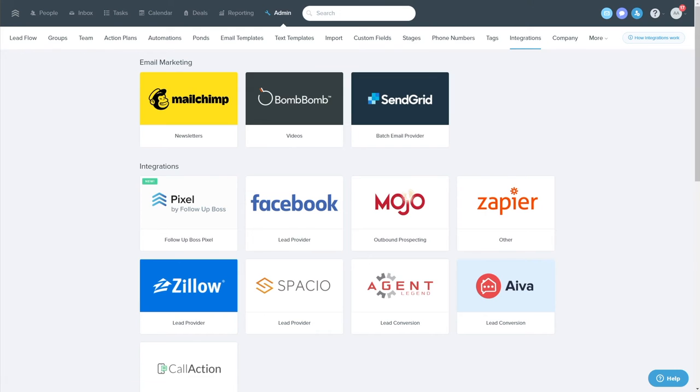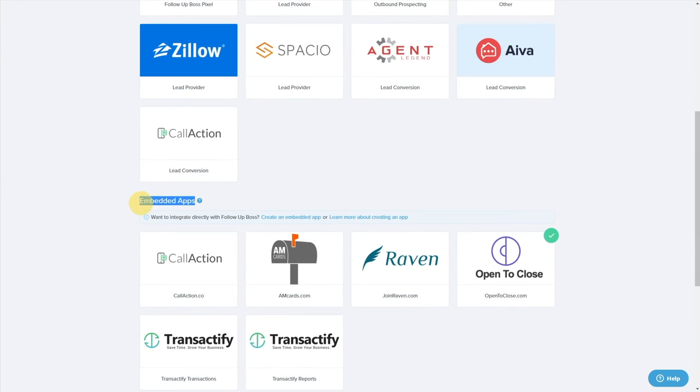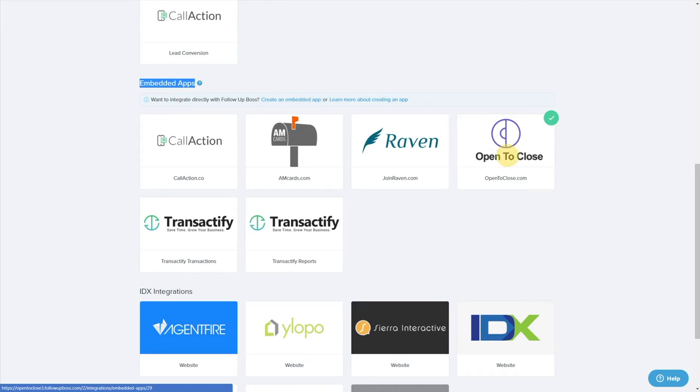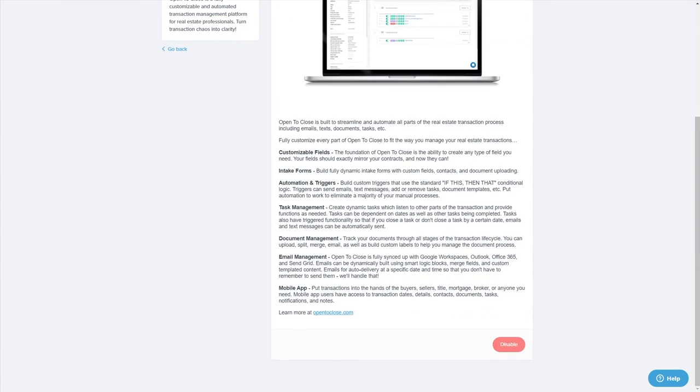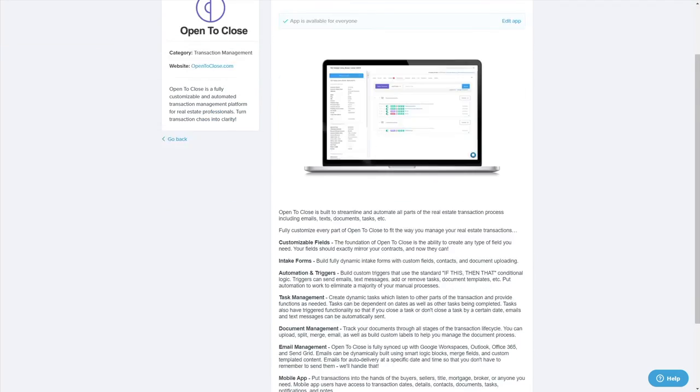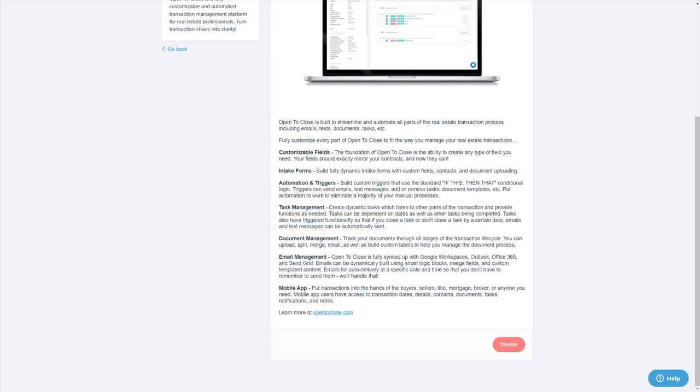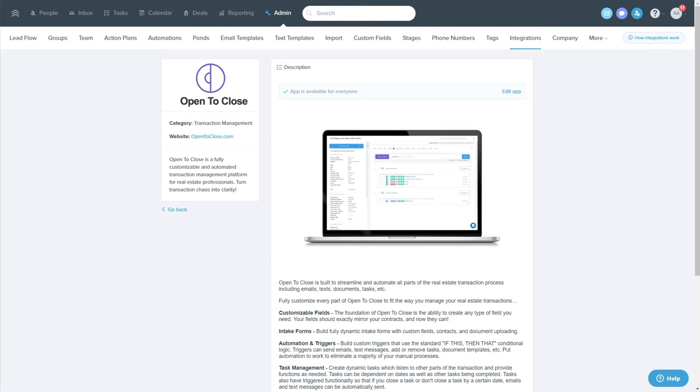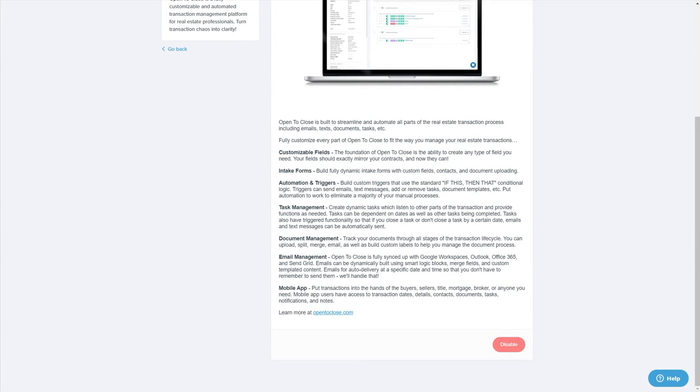So under Integrations, you're going to scroll down until you see Embedded Apps. You're going to go to Open to Close, and you're going to enable this. So as you can see, mine's already enabled. If you come down here to the bottom, you're going to click on the Enable button. Since mine already is, I have a disable. I don't want to click that right now, but what you would do is click Enable here, and then you're